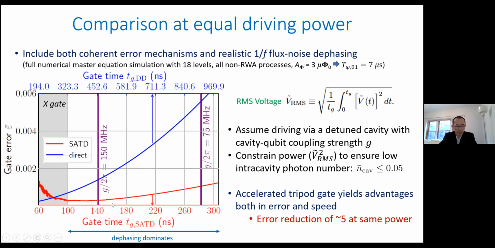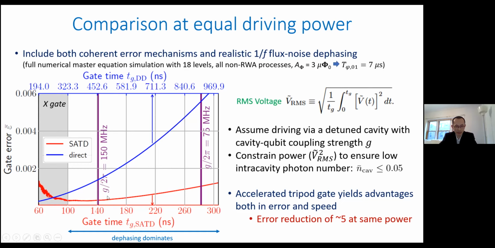So those times, linked by a vertical line to this gate time, have the same direct driving power. As a result, you can see that for the same driving power, the SATD gate is faster by a factor of 3 compared to the direct driving. Which is why, if you work in the dissipation limited region, your gate error for the SATD will be lower